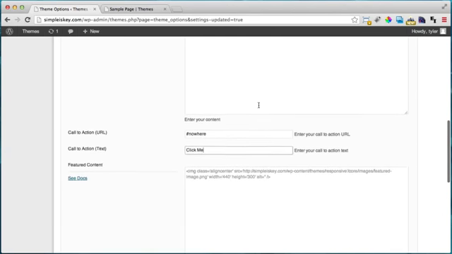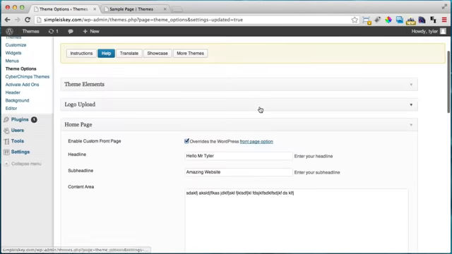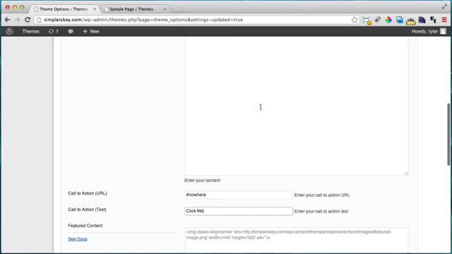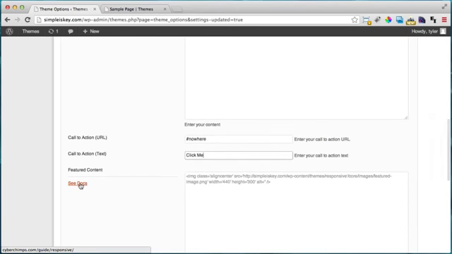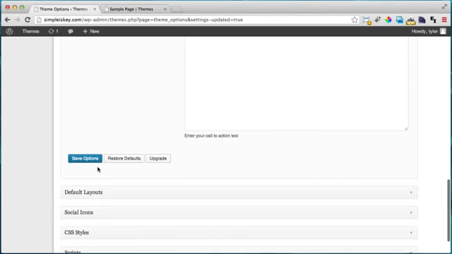So obviously you would need to learn how this theme works, and a good way to learn it is to see the theme documentation. A lot of free themes don't have theme documentation, and you need to just figure it out yourself, which is kind of hard. But this theme is free, and it does have theme documentation if you click right here. So that's pretty cool. We can also just click Save Options,